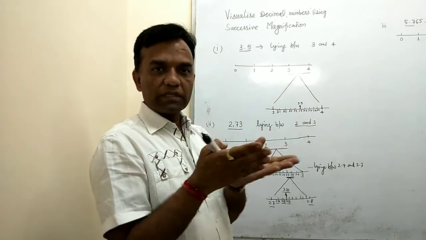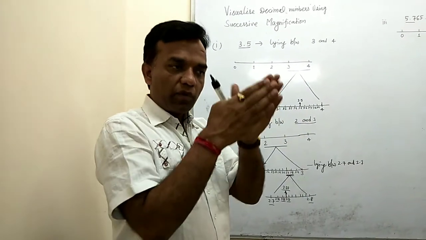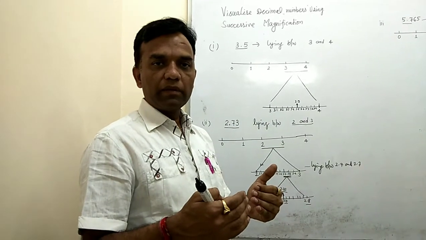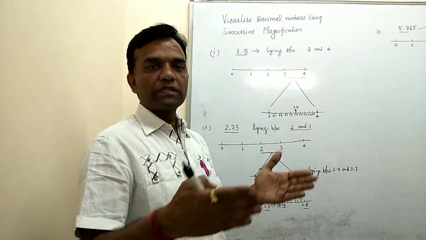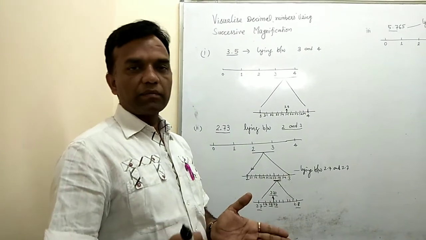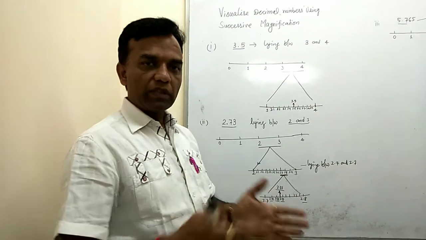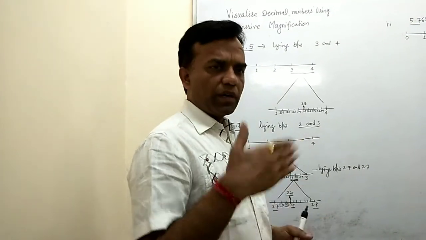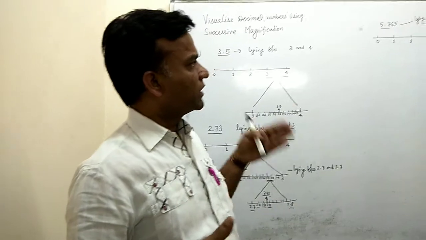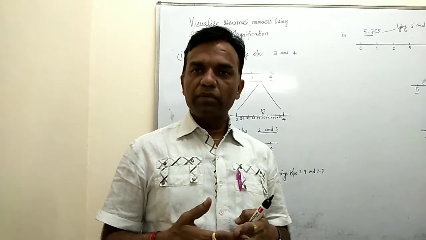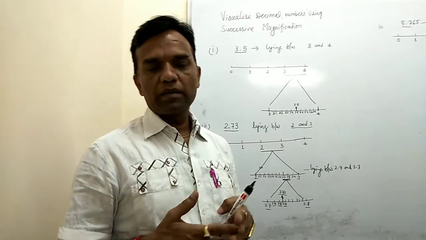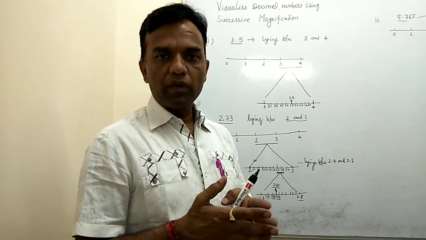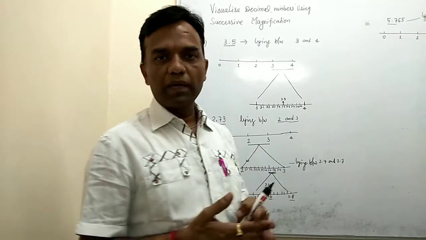First you decide your first criterion, then that interval you enlarge into 10 parts. Suppose you get the first position of decimal, then again you enlarge, then you get the second decimal place, and then you enlarge and get the third decimal place, and in the same way you proceed. Depending on the given number, it may be 1 place, 2 places, 3 places, or 4 places of decimal. That is very easy going. You visualize that number on the number line.